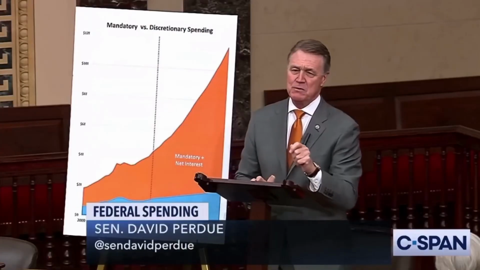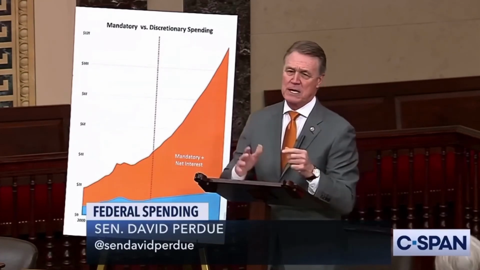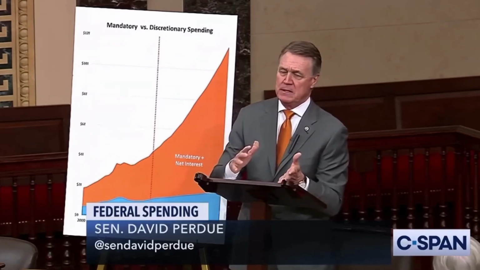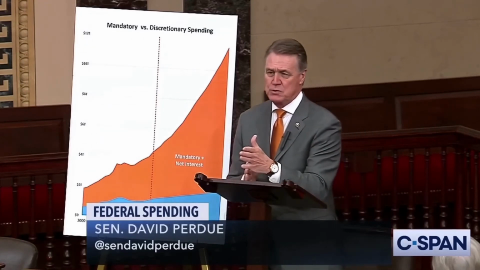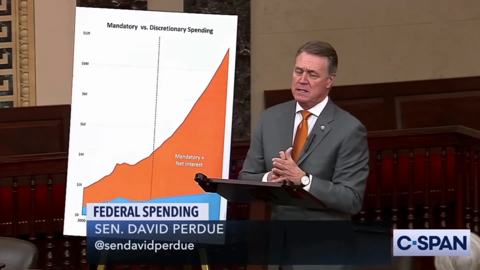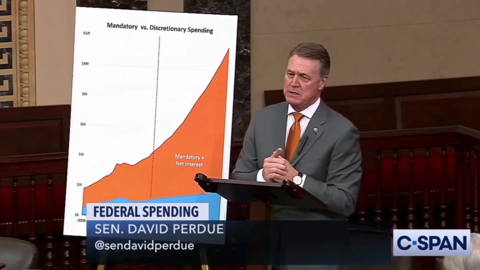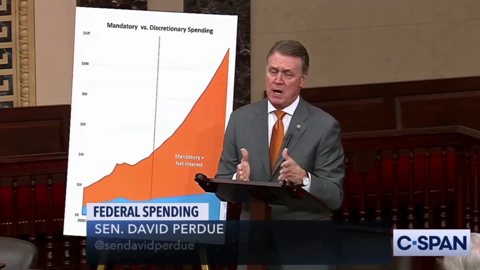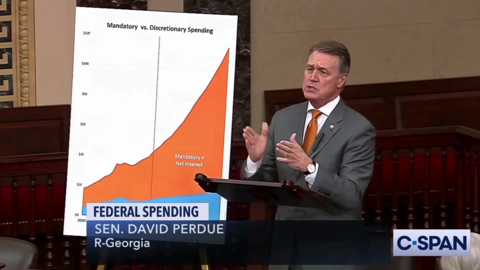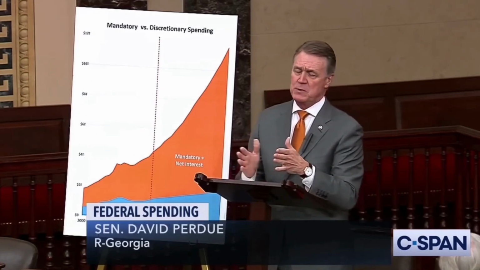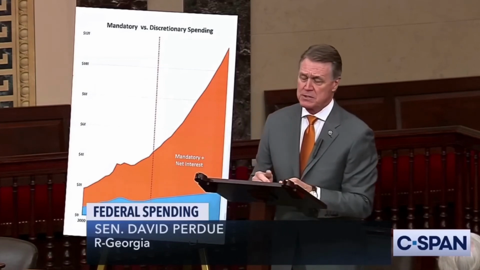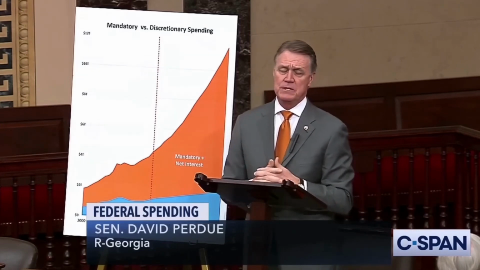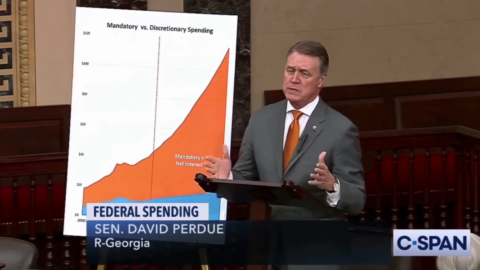In the year 2000, we had $6 trillion on about a $12 trillion economy. At the end of President Bush's time, it went to $10 trillion of debt, again on something like a $14 or $15 trillion economy. Under President Obama, at the end of his, it went to 20. So under that administration, this government doubled America's debt to $20 trillion. Now, after just a couple of years of President Trump, we are now at $22 trillion.